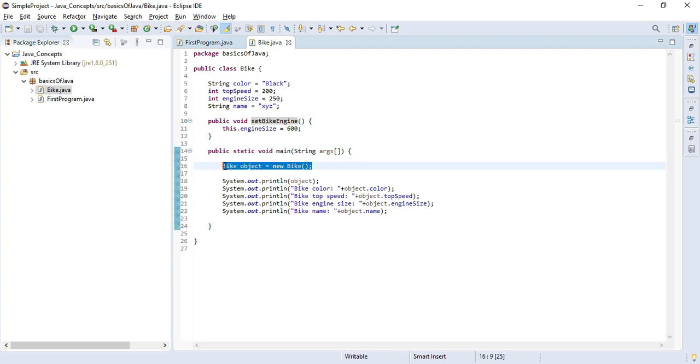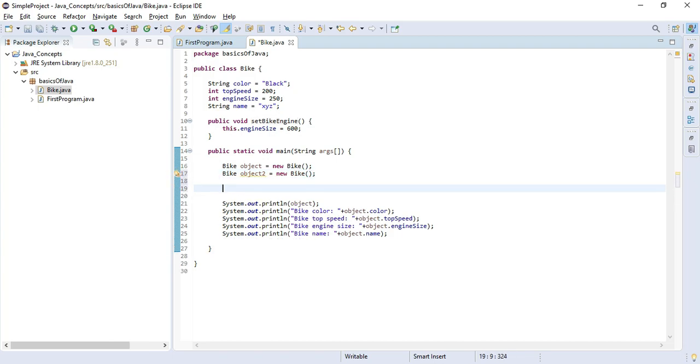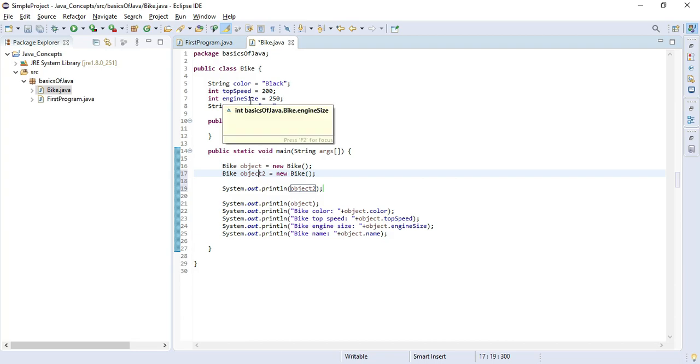If you want to create one object, you can have it, and if you want to create another object, you can do that like this: bike object2 is equals to new bike. And if you print this object, you will see that another memory has been allocated to this object too, and you can configure all these details as per your requirement.